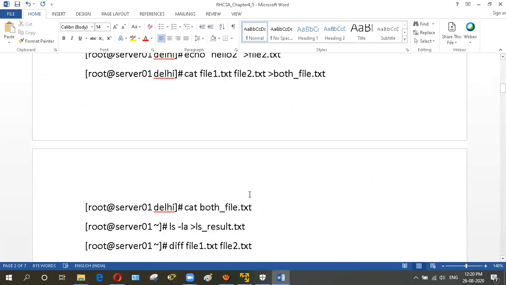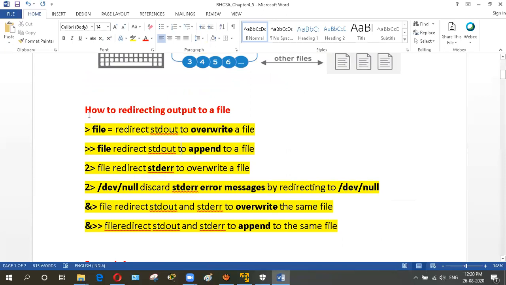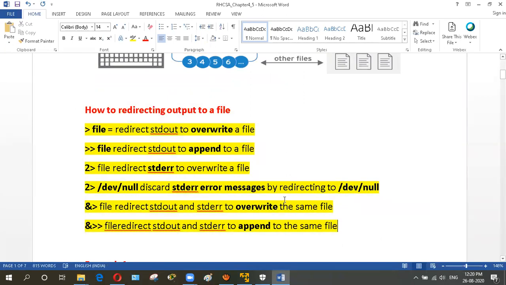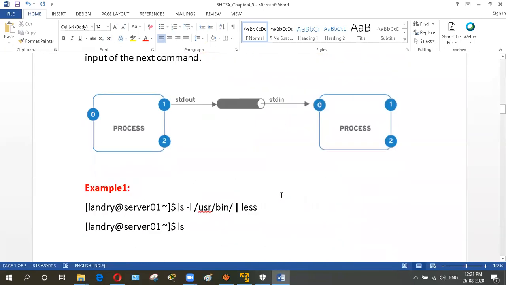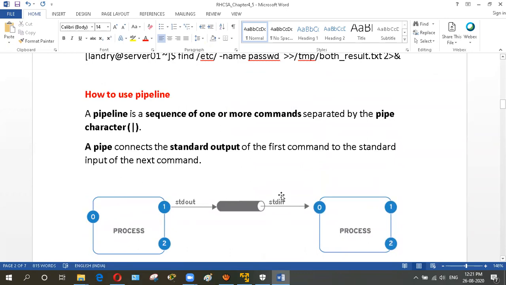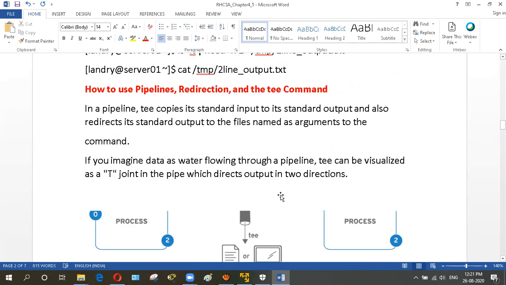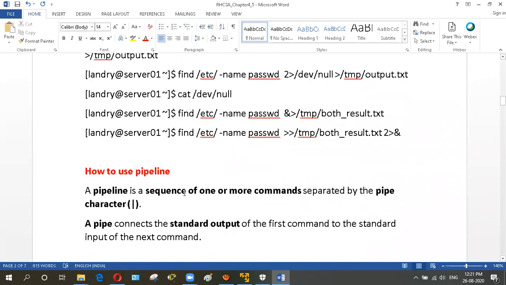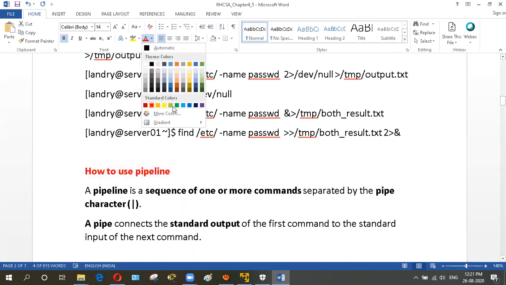Do you have any doubt regarding this? No. So in the next class, I will discuss from this particular topic. I will highlight it by using this particular color.